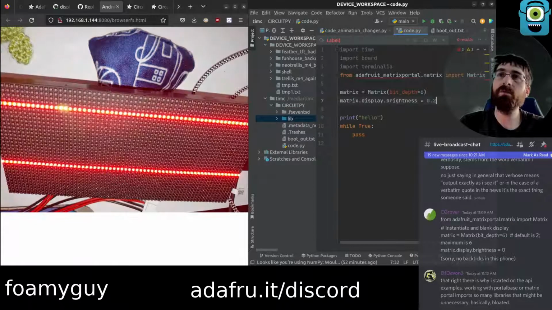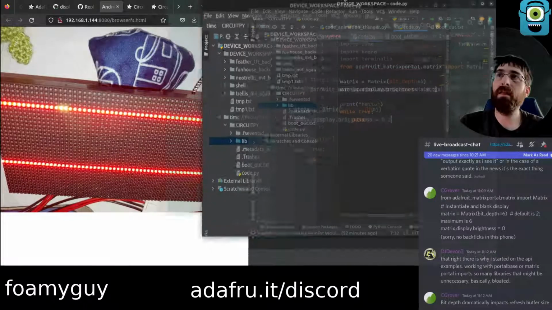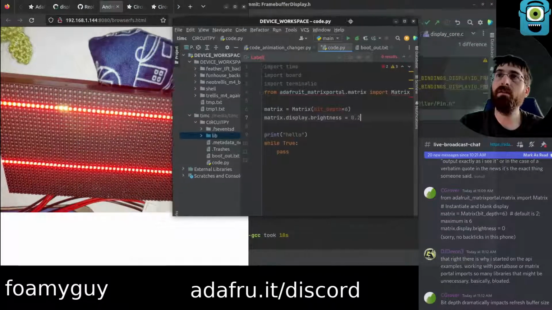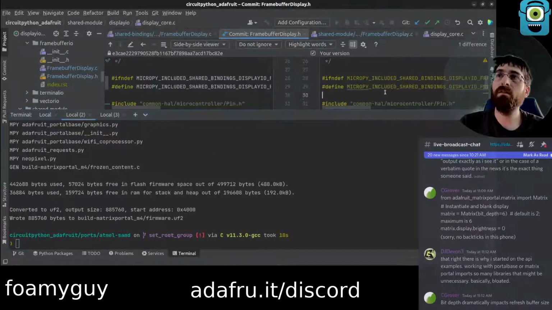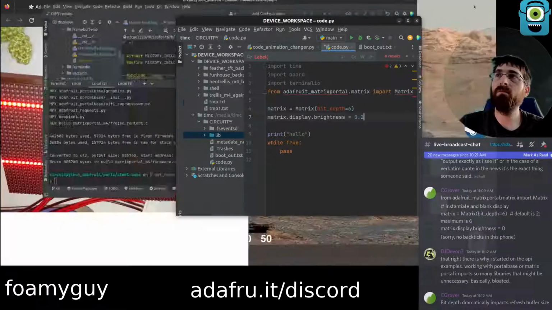Maybe it needs a little bit of bright, ooh, there we go. Oh wow. It's crashed PyCharm. Mouse disappears when I go on top of it. And it didn't finish saving. Wow.